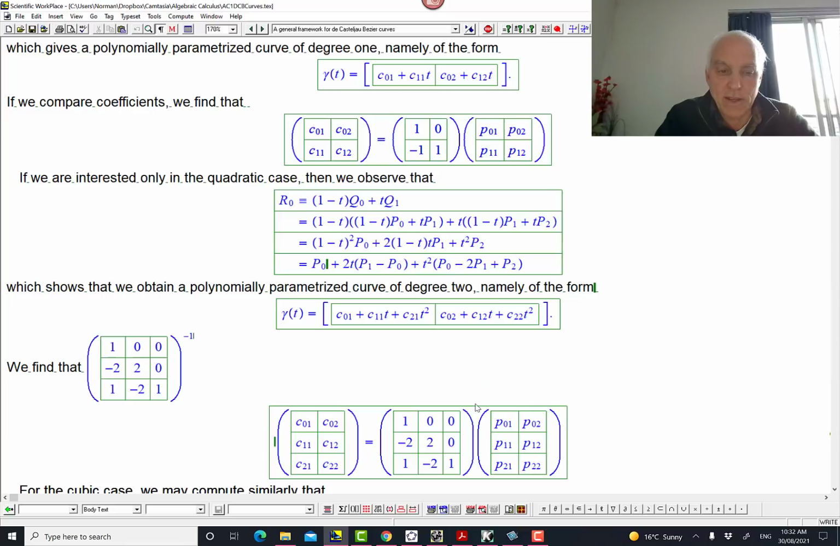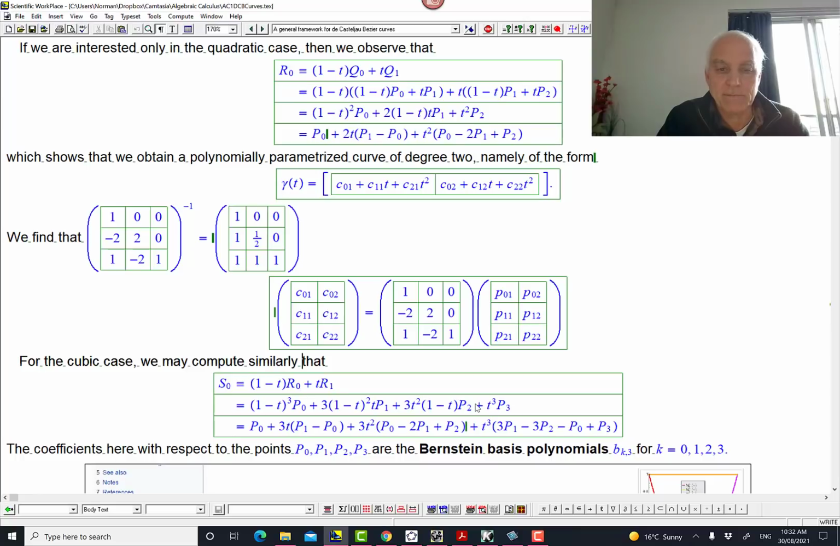So let's take the inverse, one of the common things to do. Okay, so we get some matrix that looks like this. In particular, this thing is invertible. So if we wanted to, we can invert this. If we know the P's, we can get the C's from this equation. But if we know the C's, we can get the P's by multiplying the C matrix with this inverse matrix. Okay,